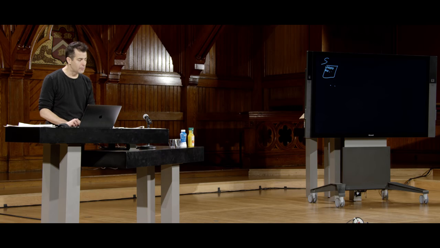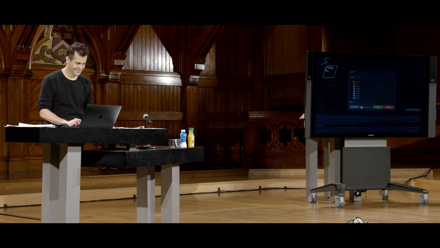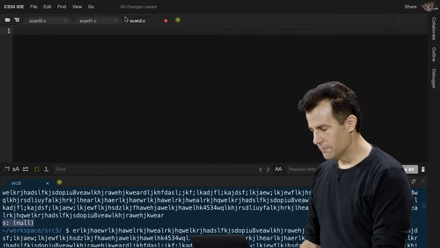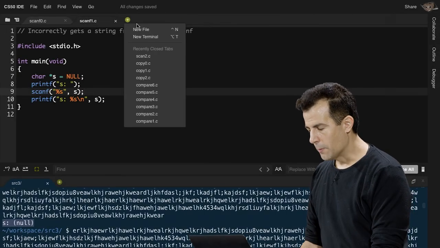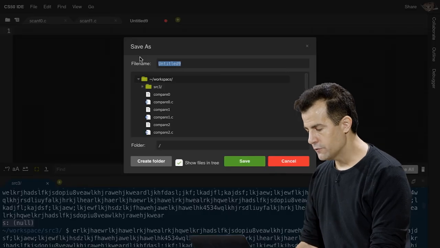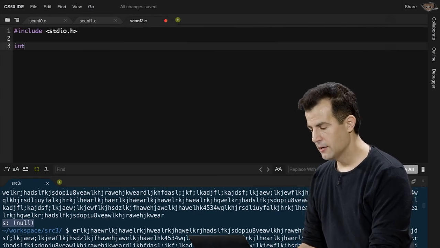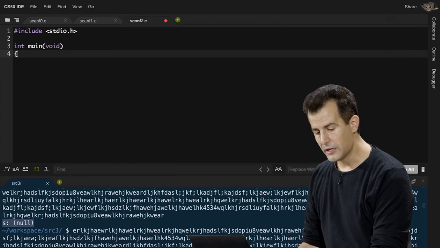So let's do that. Let me go ahead and create a new program. I'm going to call this scanf2. Wrong file name. So I'm going to go ahead and create a file called scanf2.c, and I'm going to quickly recreate this: stdio.h, int main(void), and then down here I'm going to go ahead and,